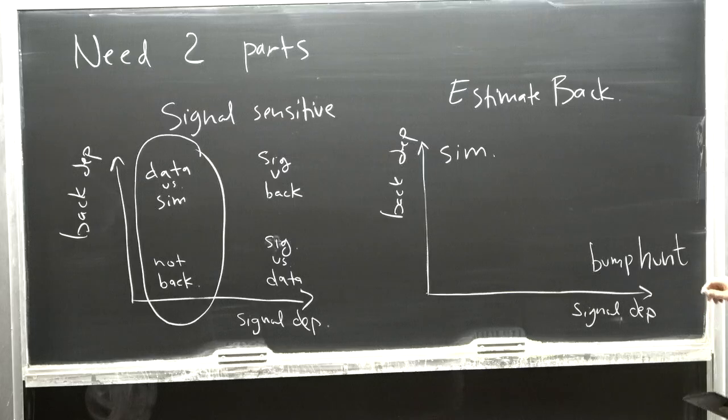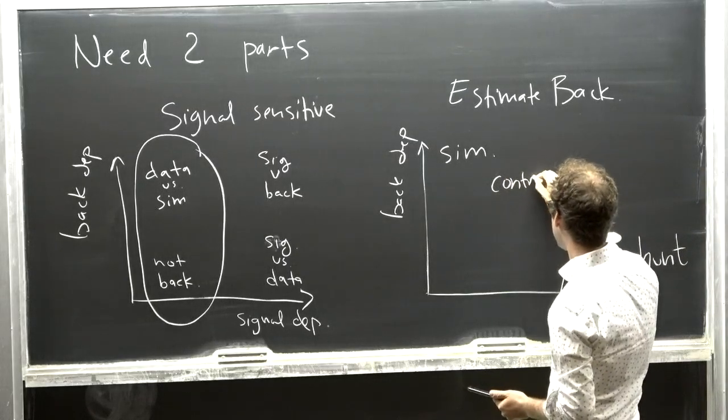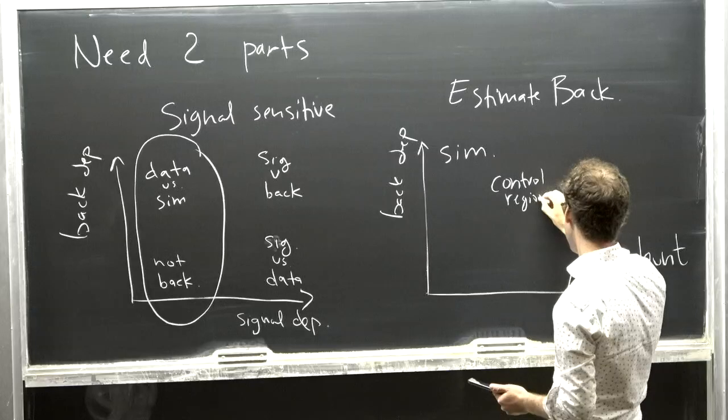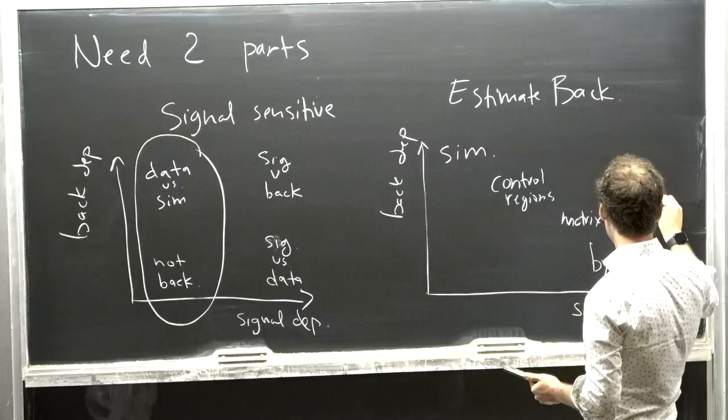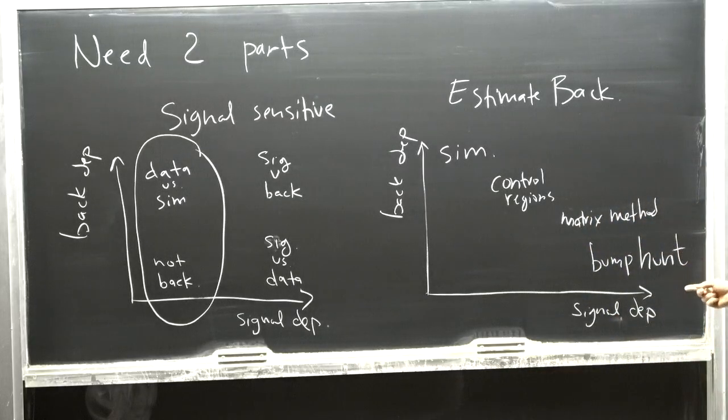And there are things in between, so I'll just write some names. I won't explain them too much. One step away from using simulations directly is to use simulations with a small correction. Experimentalists would call this the control region method, where you have a particular region that you want to estimate the background of, and a region next to it where you're pretty sure there's no signal, and you can play them off each other to calibrate the simulation. Matrix methods are even one more step removed from that, but I don't want to spend too much time on it.